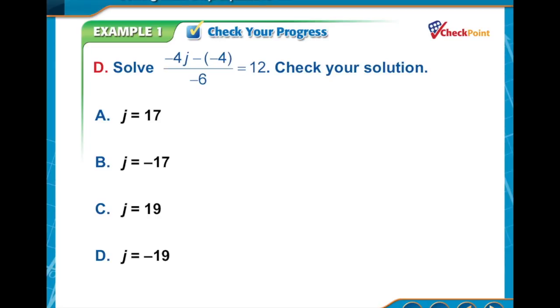1D asks us to solve for the variable j. So we have a couple things here. We need to isolate our variable j. So the first thing I want to do is get rid of this denominator. It's dividing everything on the left, so we can easily multiply both sides by a negative 6. So if I multiply a negative 6 here and a negative 6 here,